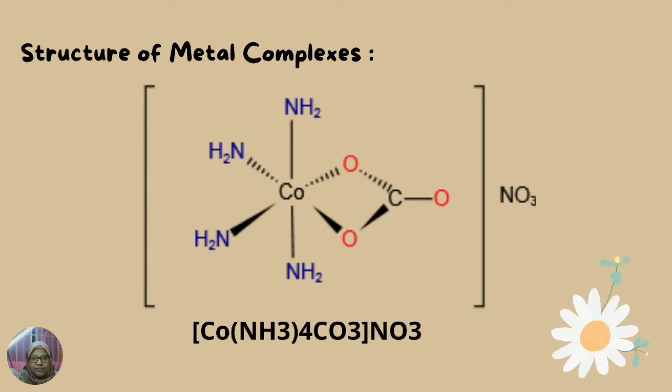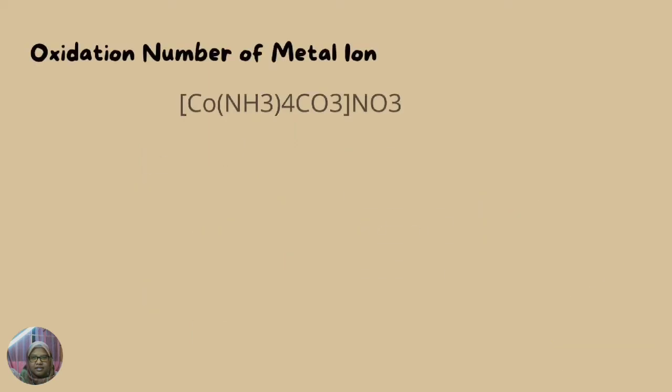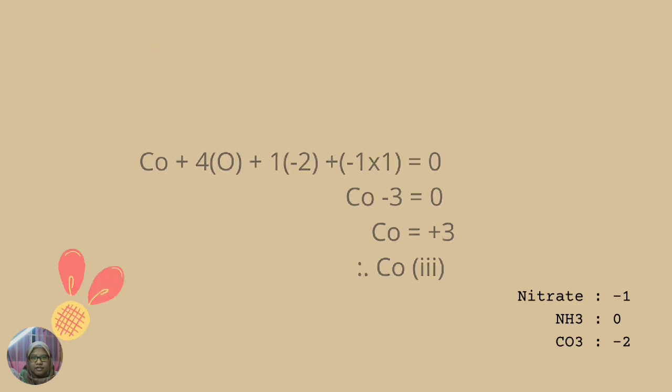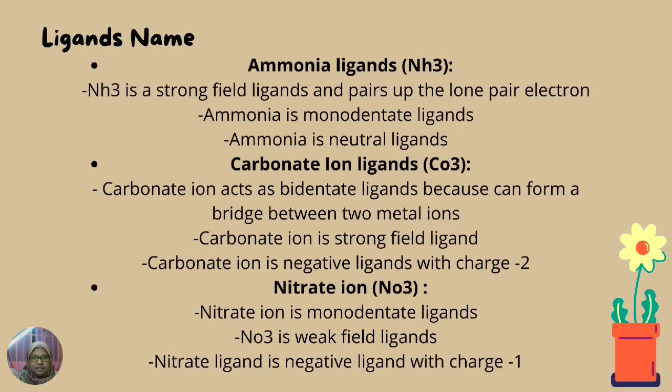So this is the structure of the metal complex. This is the oxidation number of the metal ion. I calculated for the metal cobalt, and I got Co3+. So these are the ligand names that are attached to the metal center, which are ammonia, carbonate ion ligand, and nitrate